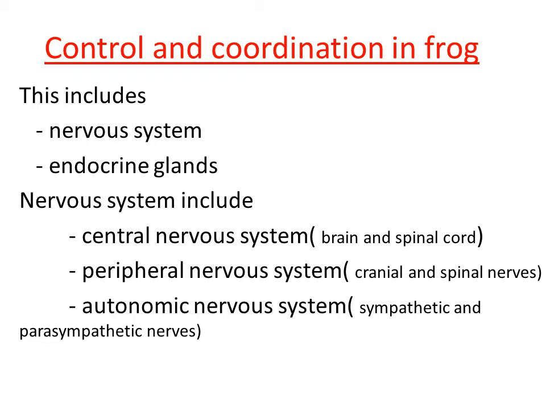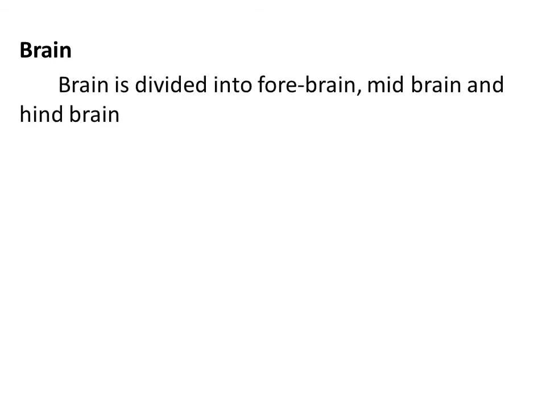So let us now talk about the central nervous system. We are only concentrating on the brain structure here. Yes, the brain is an organ. It is a part of the central nervous system. This organ is located within a bony structure called the cranium. The cranium is simply called the brain box. So this is a bony structure, and within that bony structure, the brain is located.